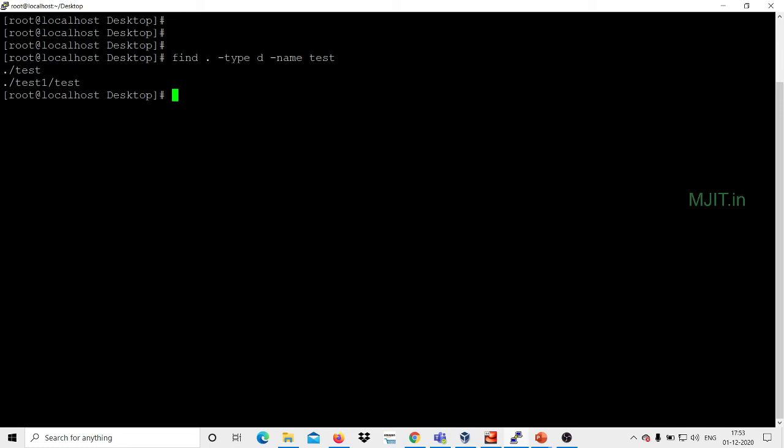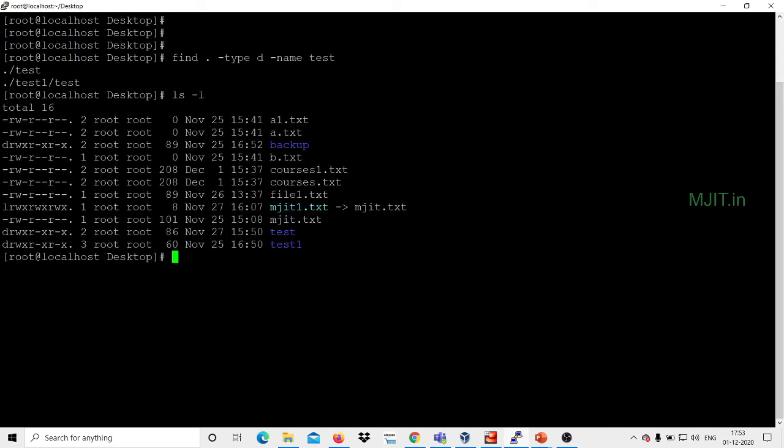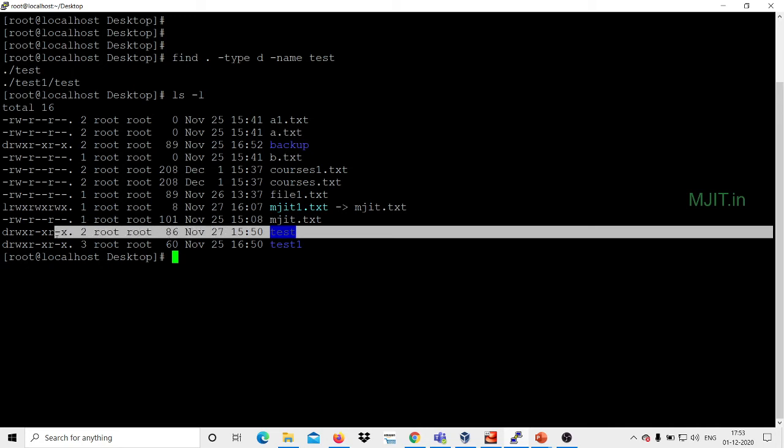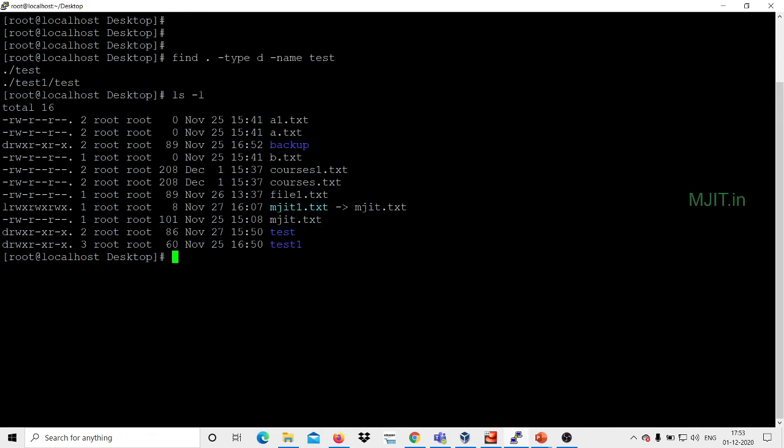My test directory is in my present working directory, and test1, one more directory, is there. Let me validate with ls -l. You can see test is a directory, and then cd test1, ls. You can see one more test directory is there. This is how you can figure it out,